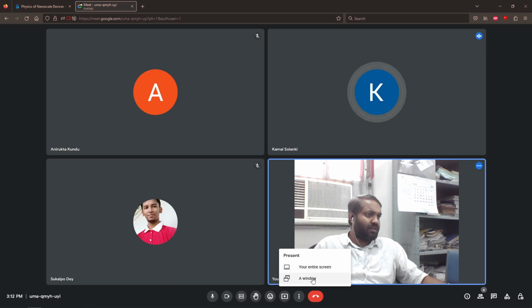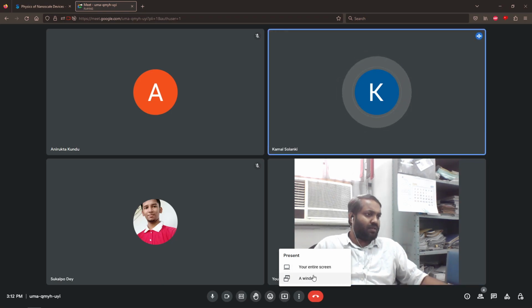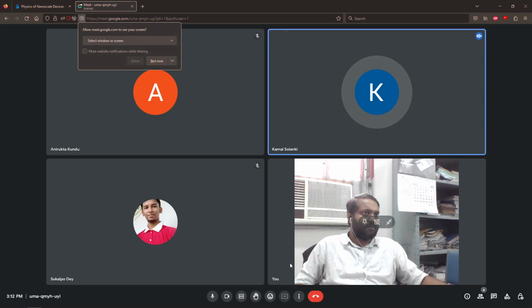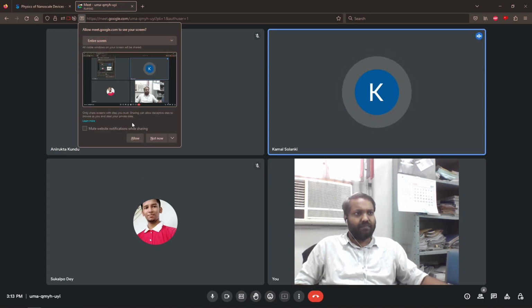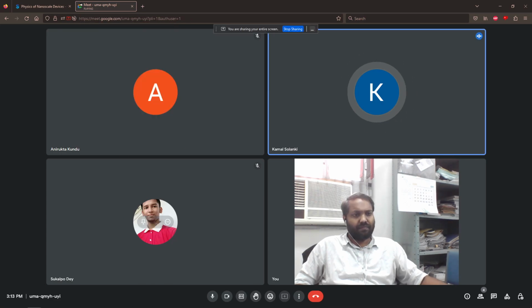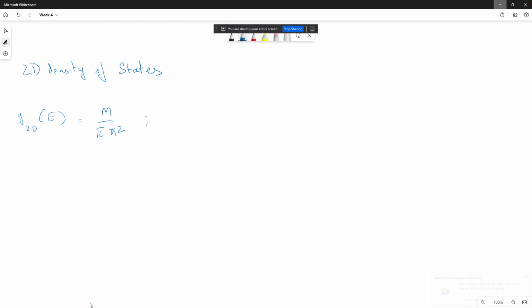Actually, I went through the derivation now. It is the same as for 3D, 1D, 0D. My question is that here we are getting some constant value. So if we are going through the nanoscale devices, then is it good that this constant value is there?